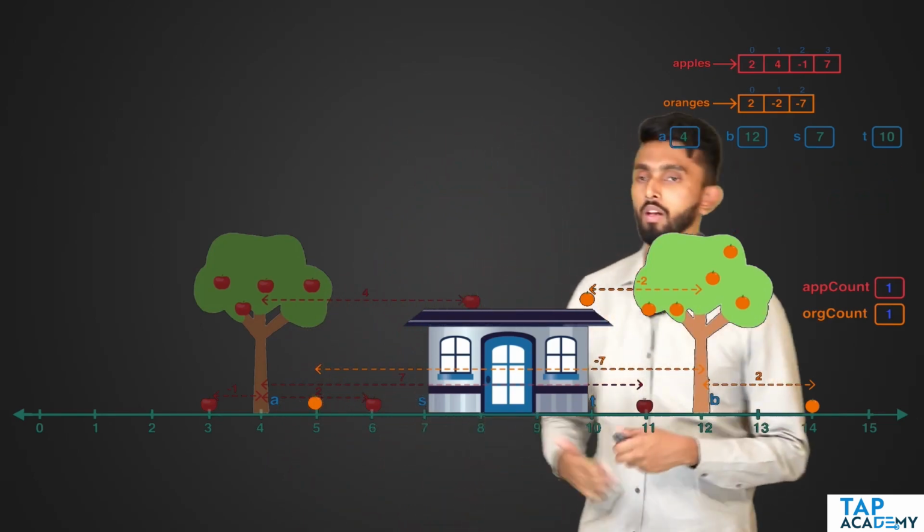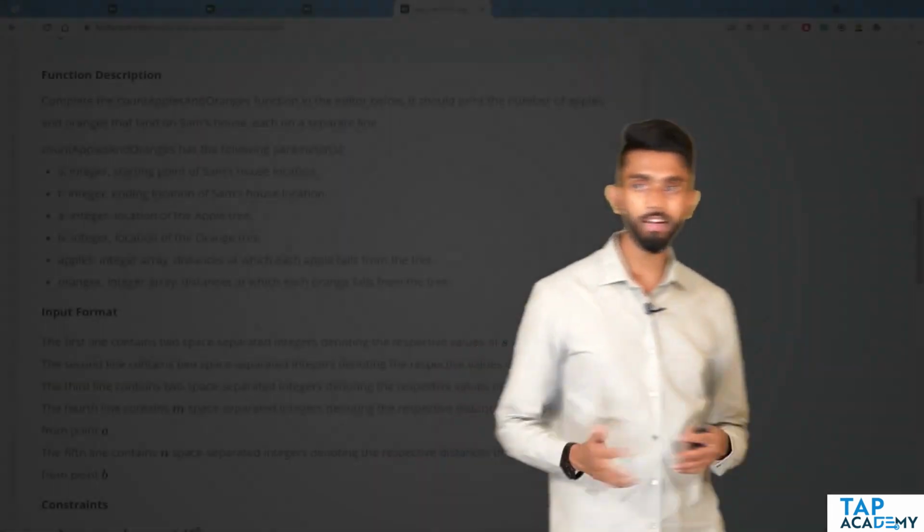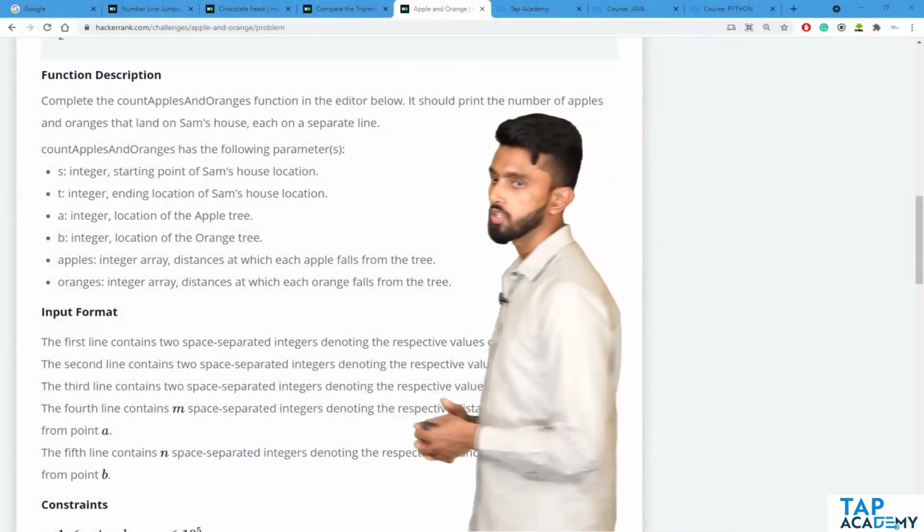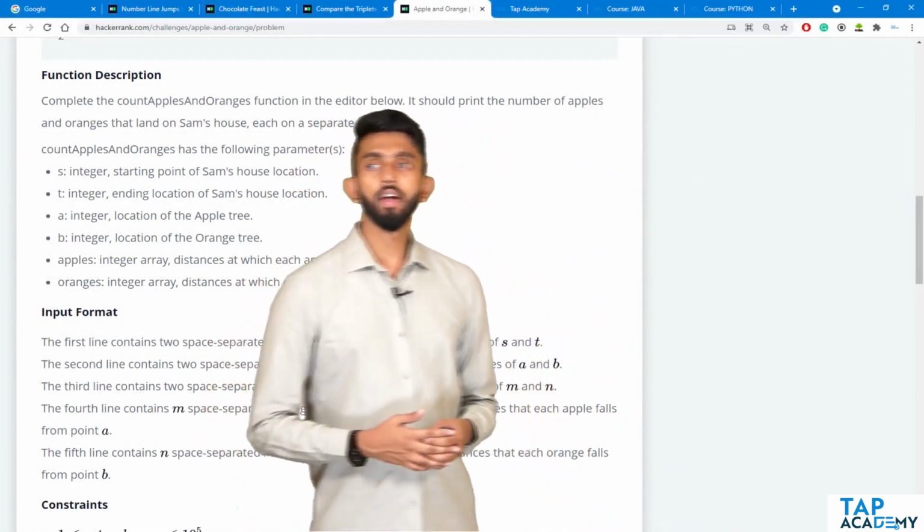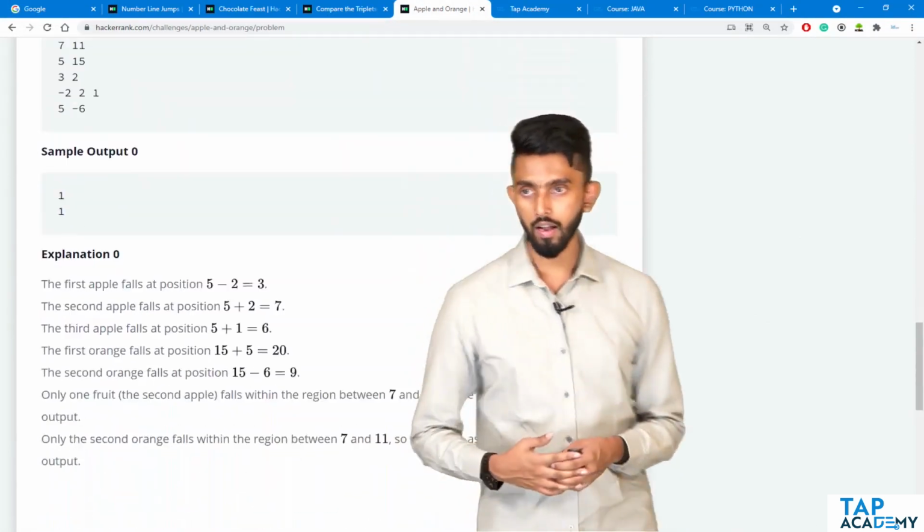Now all that is remaining is for us to go and write the code. So let's go write the code. Yeah, we can maybe directly write it in HackerRank itself, because now all of you have got an idea. So watch this. If I take you to HackerRank,